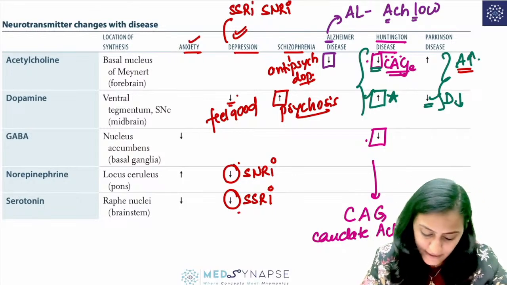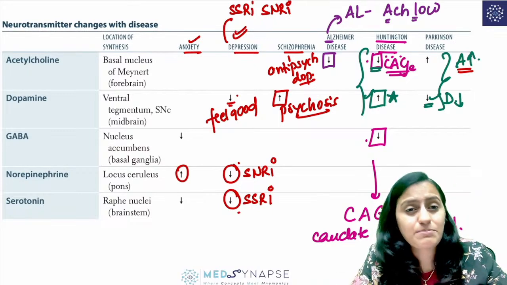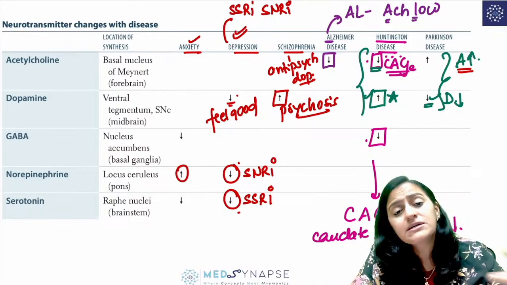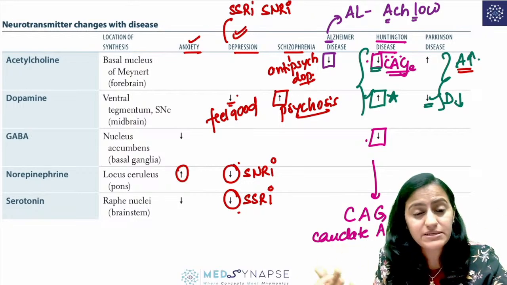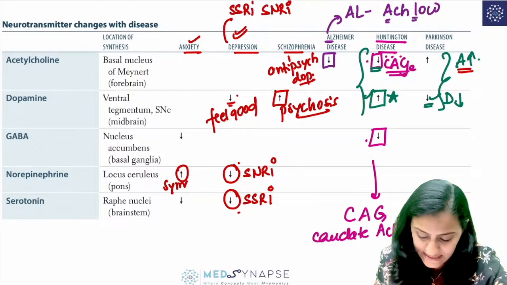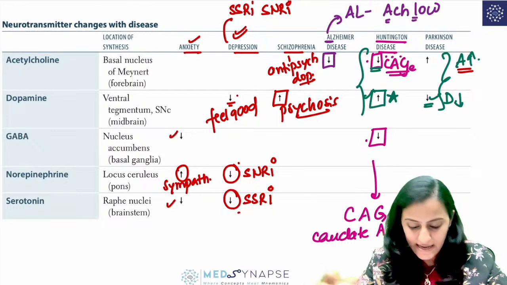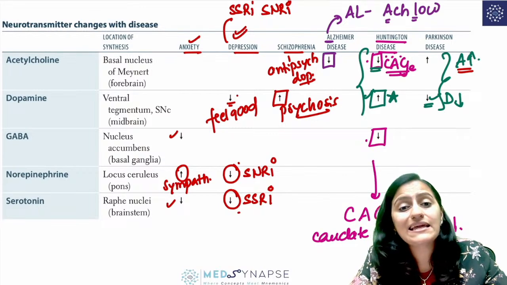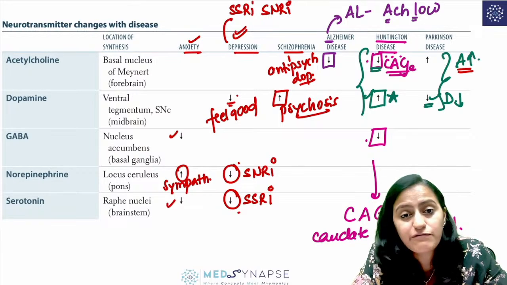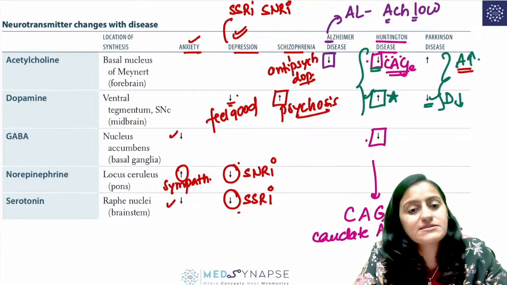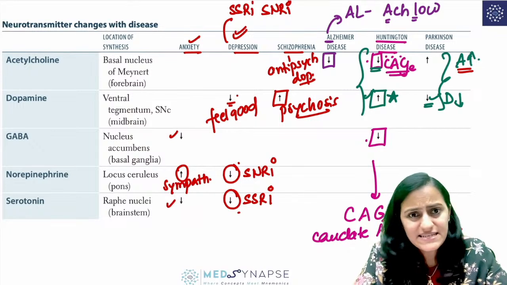Now coming to anxiety, look at what is increasing in anxiety. Norepinephrine, right? Easy to remember. Anxiety, imagine that the sympathetic system is getting stimulated, so norepinephrine is increasing. So remember, norepinephrine is increasing, GABA and serotonin are decreasing. In anxiety, there is an elevated excess of norepinephrine, right? The sympathetic system increases, okay? Done with this table? Easy, everyone, right?